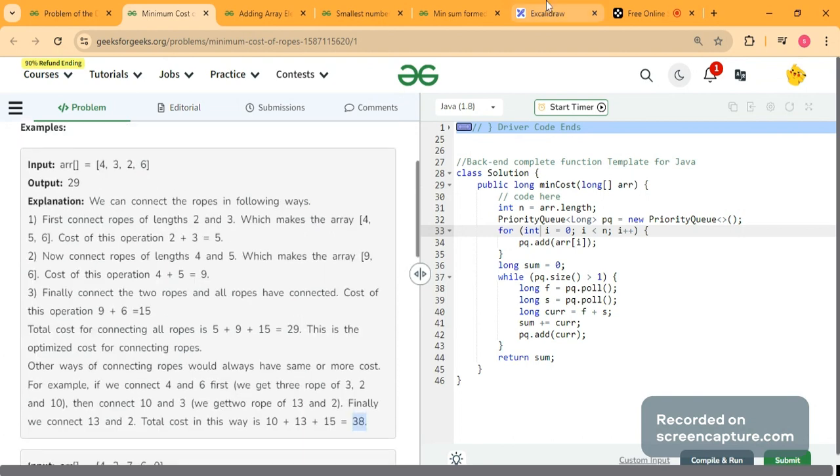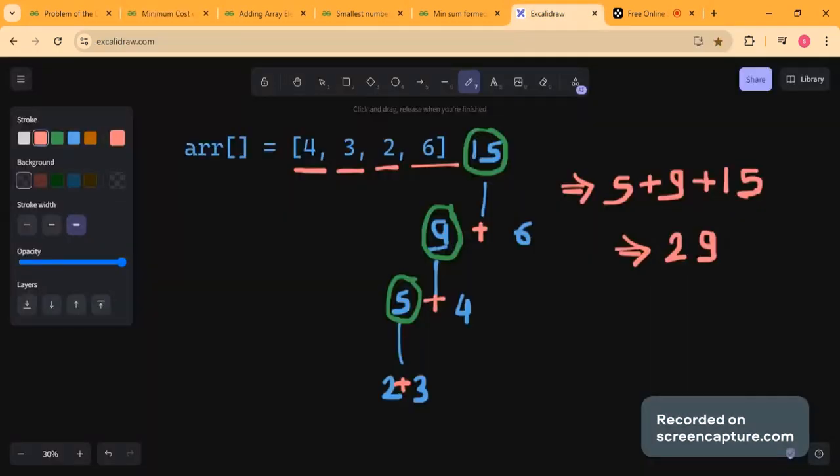So for this we will use this approach, that first of all we will try to find the least numbers in this array. So this will be 2 and 3, so we will add 2 and 3, then we will get 5. Now we have a rope of length 5 and a rope of length 4, so we will add them, then we will get 9, then we will add 9 with 6, and then we will get 15.